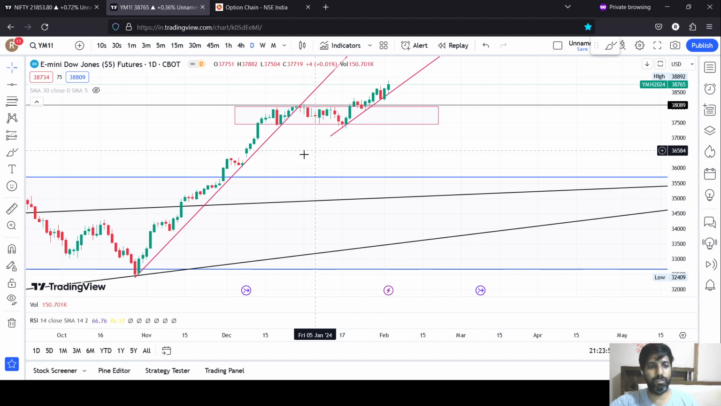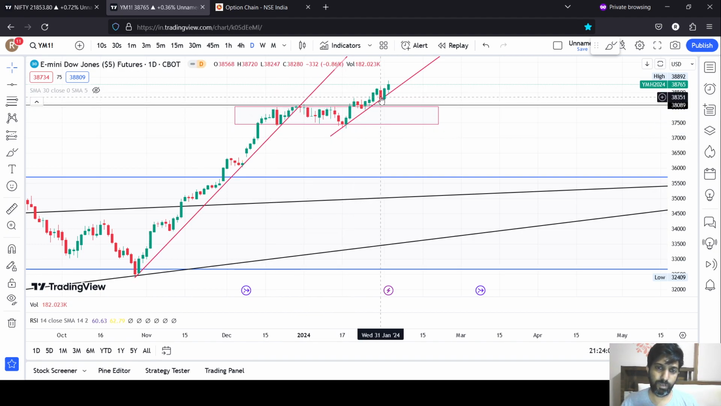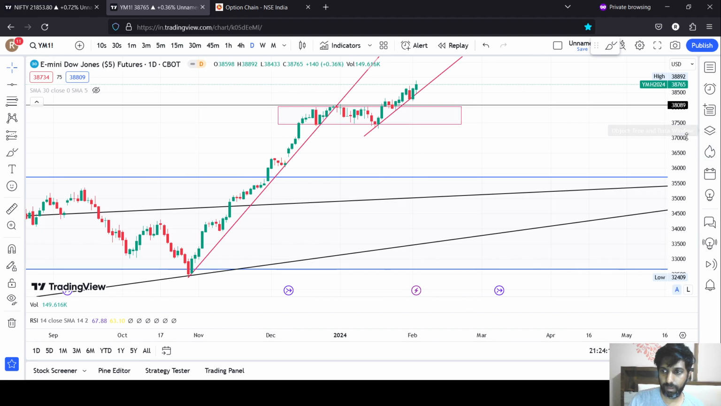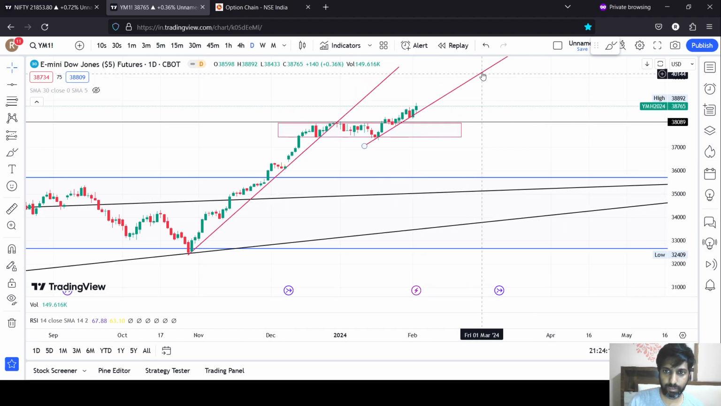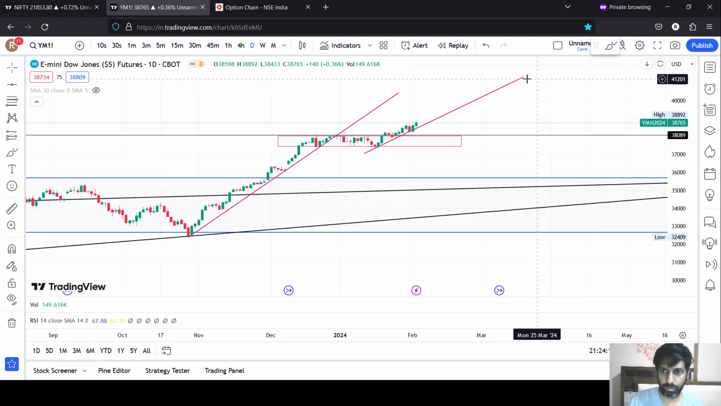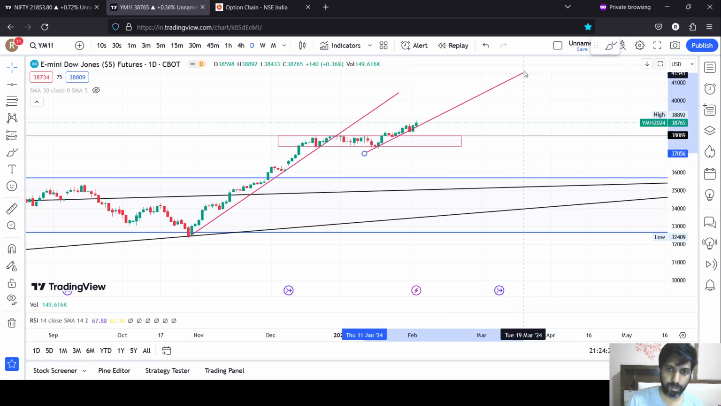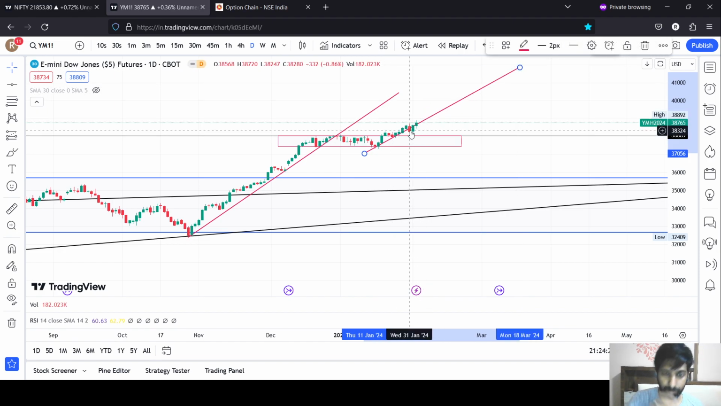Now, if you have observed my last videos, this particular line used to be a clone of this. However, we had this particular candle, the red one, which had closed below the line which was parallel to that, right? So this line was something like a parallel one, a line parallel to this, and here it had closed below this trend line, where we indicated that this 38,100